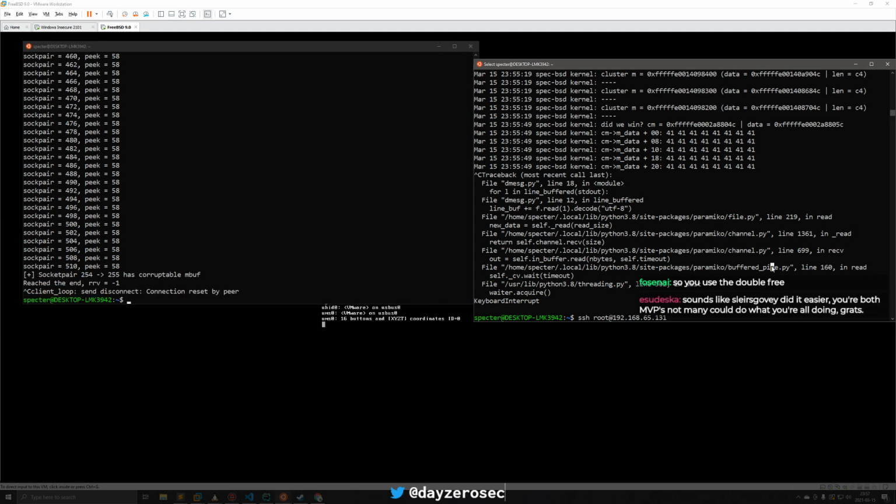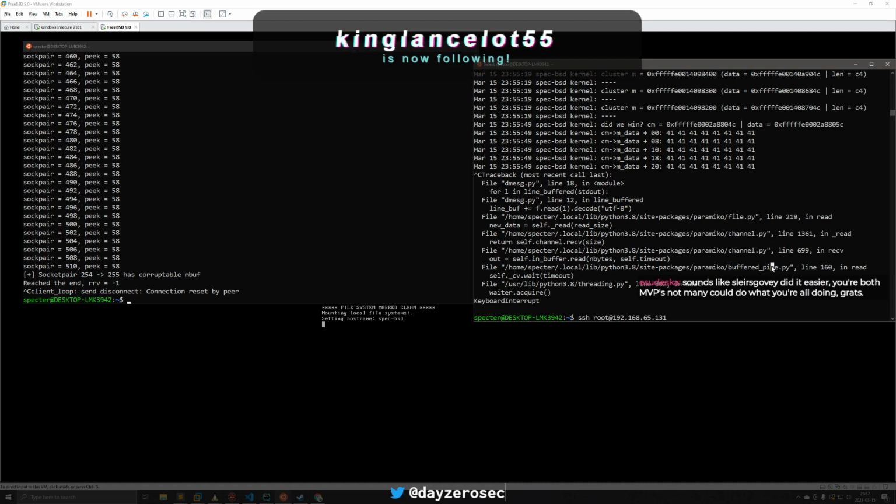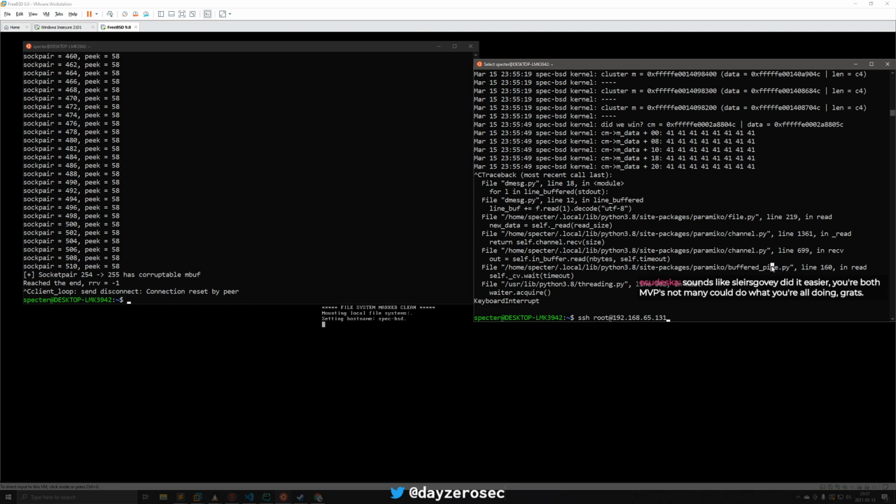So you use the double free? Yeah, we use the double free. We just race on the corruption, essentially. Sounds like Slursgoby did it easier. Actually, I think my way is easier, because the way he accomplishes that overwrite is by doing some heap grooming, and he sends this shifted packet by using a type confusion.